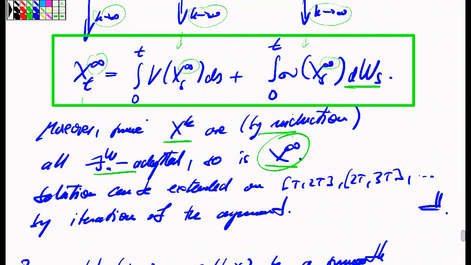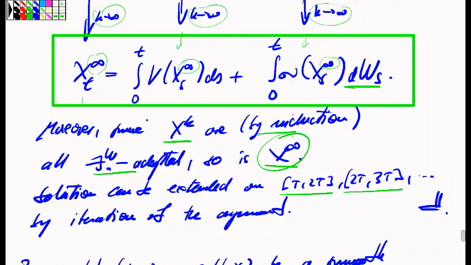This settles the well-posedness of the solutions to this equation in the strong sense, at least on the time interval from 0 to T, where capital T was an arbitrary number. I can either argue that I can have these trajectories on any fixed time interval of arbitrary big size, which is one way to say that I have trajectories up to every time I wish, or I can also argue by iteratively applying the previous argument to